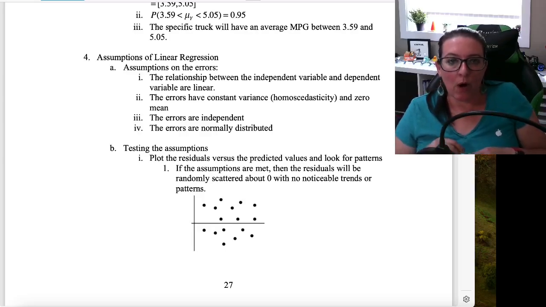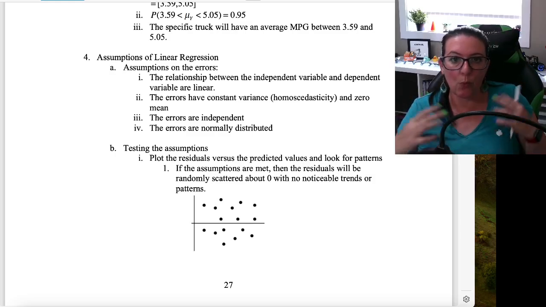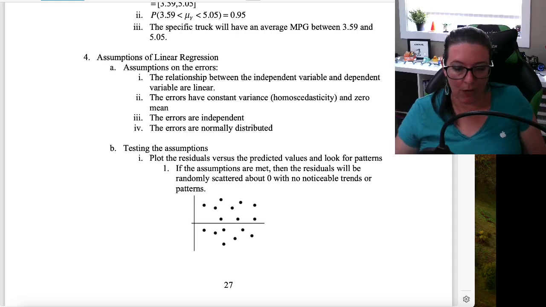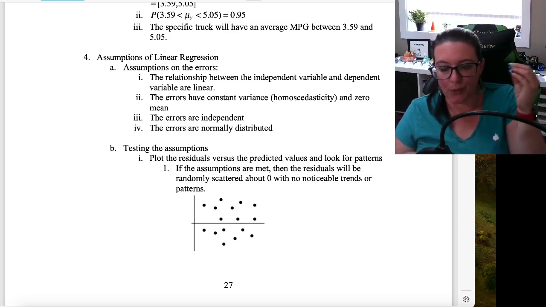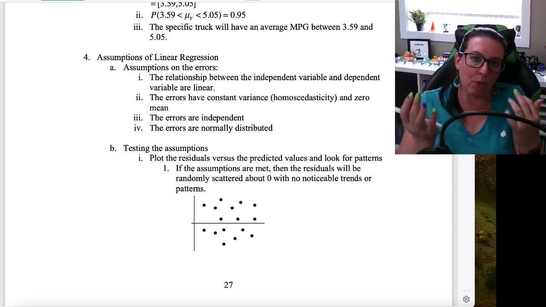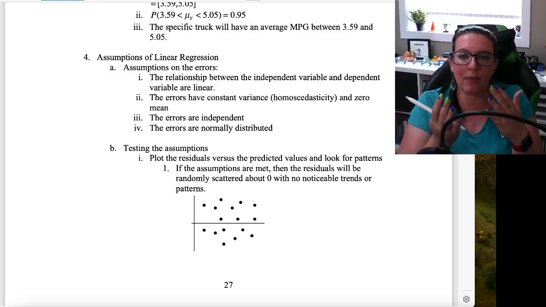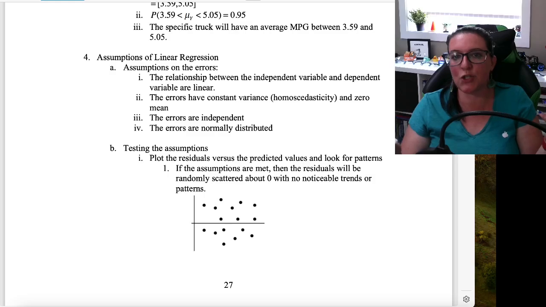To wrap up our video on regression, let's talk about some assumptions of linear regression. When we have a linear regression, there are assumptions we make about the residuals, or the error. Our linear regression assumes a linear relationship between our independent variable, which in the last couple of videos has been the age of the car, and the dependent variable, the repair costs. We are assuming that they either move together, move in opposite directions, or have no relationship, but we're looking